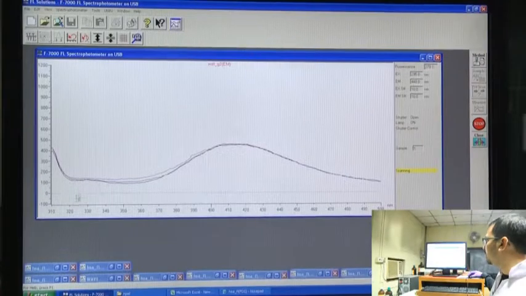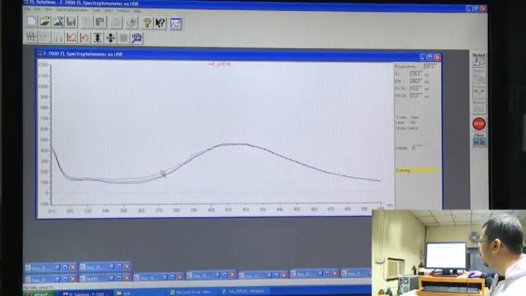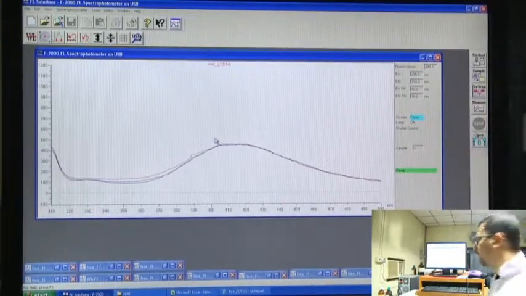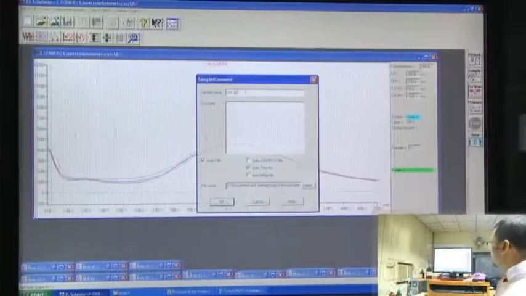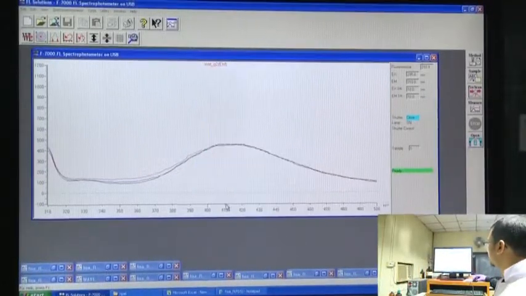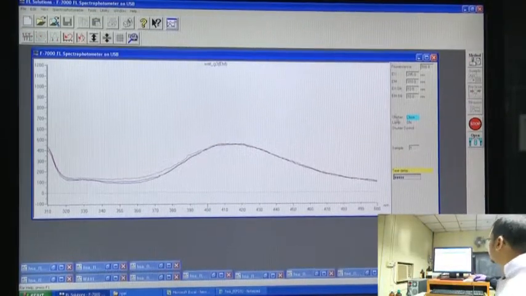Here we can see in this region, in the region 320 to 370 or 390, there is a change in the spectra, that is it increases a bit. However, in this region, that is around 400 to 430, the change is not that prominent, or rather it overlaps. Again we will be adding higher concentration. Now, we will see for G3 whether any change comes in this region, or only the change in this region is observed. Let us see, we have clicked measure.